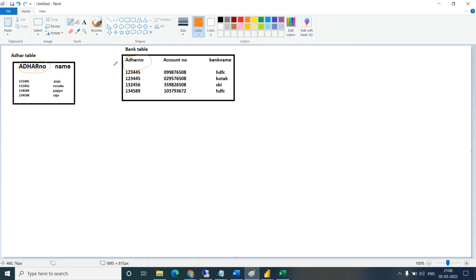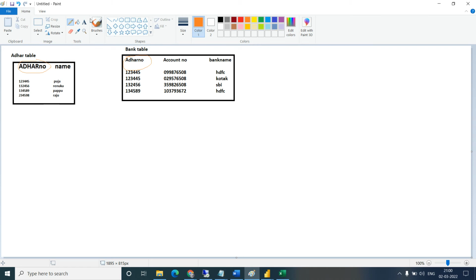So now, if they want to connect this table with this table, how will they connect? They will connect based on the Aadhaar number. The Aadhaar number is common in both tables. They will make a relation between the tables using this column, using a join.